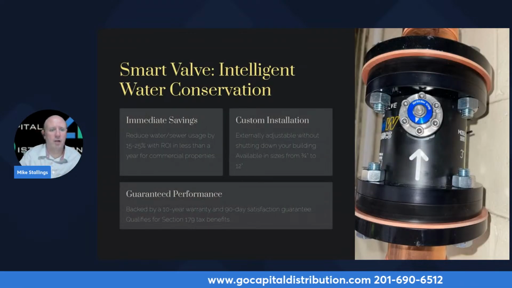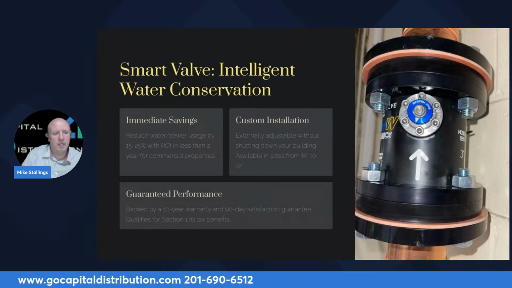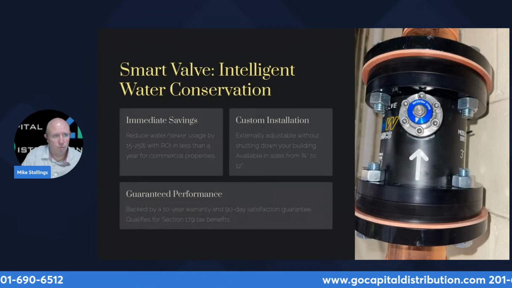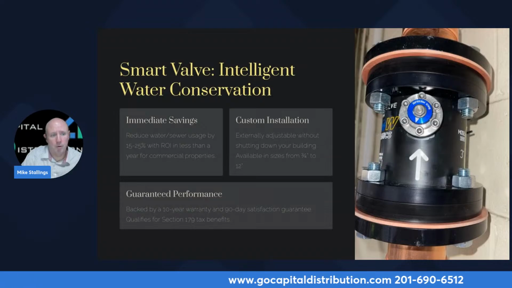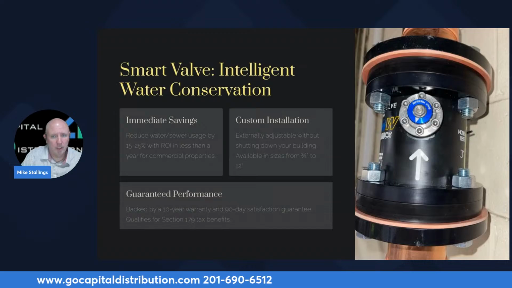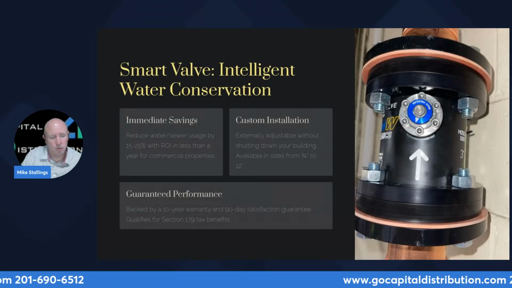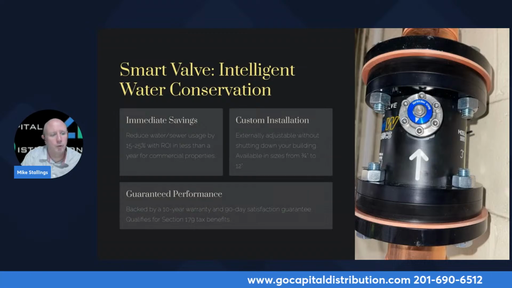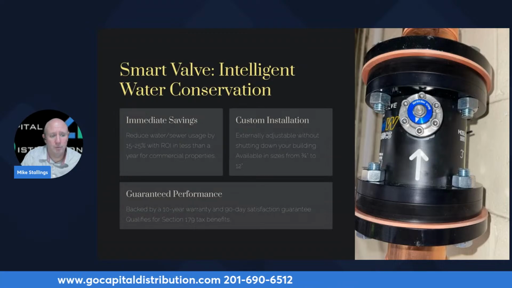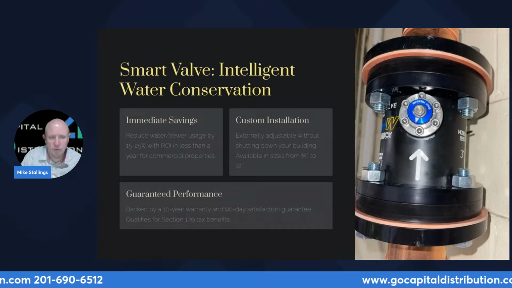First, on the Smart Valve: for those of you who don't know, it's a device that's installed after the meter on the user's side, and the primary benefit is that it ensures you're paying what you should be for your water and sewer costs. By the way, it's a set it and forget it solution. There's no maintenance required, no upkeep, and no adjusting. You can adjust it after installation, but it's not required. If something changes and you need to, you can always do it without shutting the water off. And as I mentioned, it's installed after the meter.